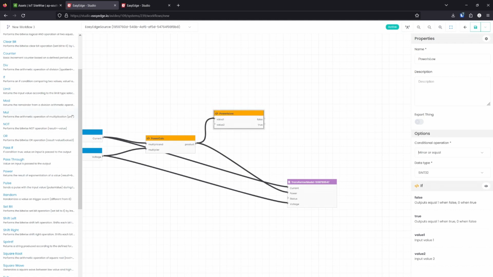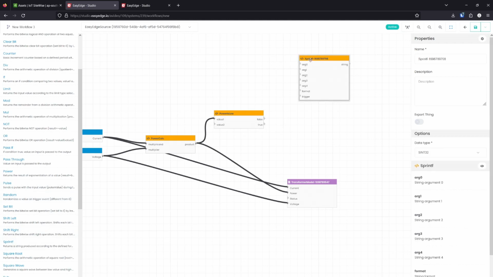Now we want to format our error message. We'll have two error messages. One will take an argument, which is when our power is low and we want to output our measured power. And one is when our power is not low and will simply be a fixed string that we don't need a printf block for. So we'll bring one sprintf block in,